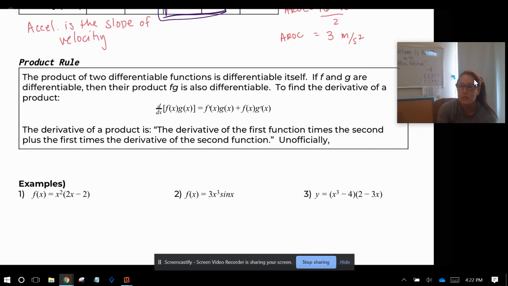So product rule is just a different derivative strategy. It's when we have two functions that are being multiplied together, and what we do is we take the derivative of the left and multiply it by the regular function on the right. Then we add the regular function on the left times the derivative of the right. So one way to remember this is